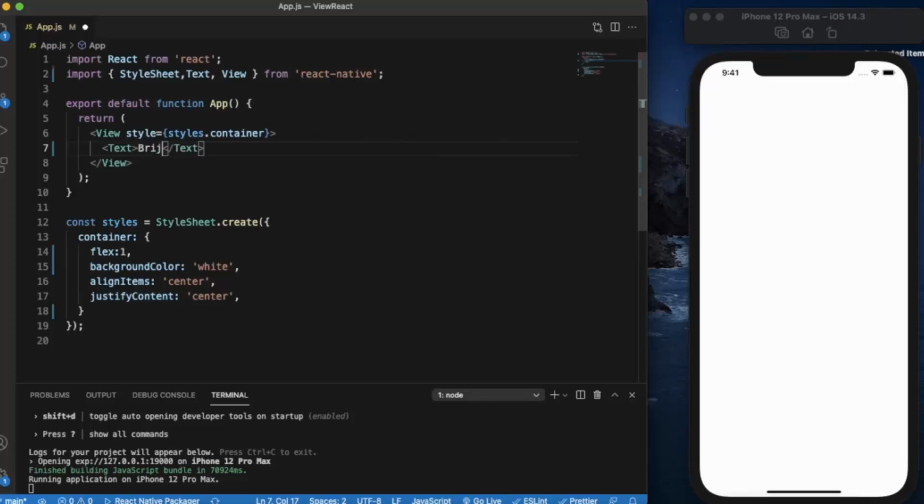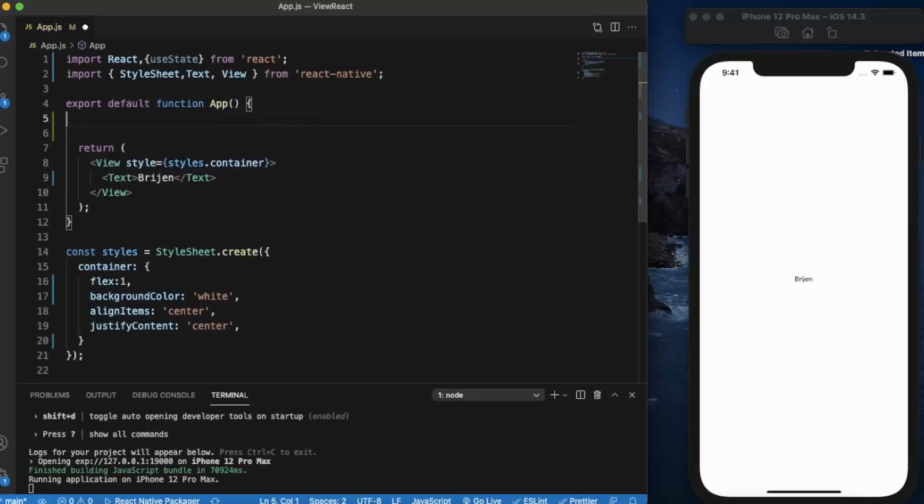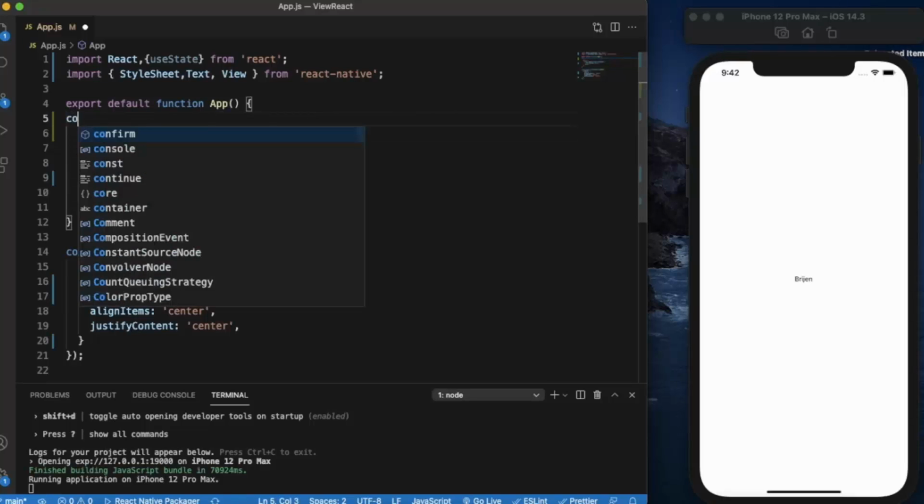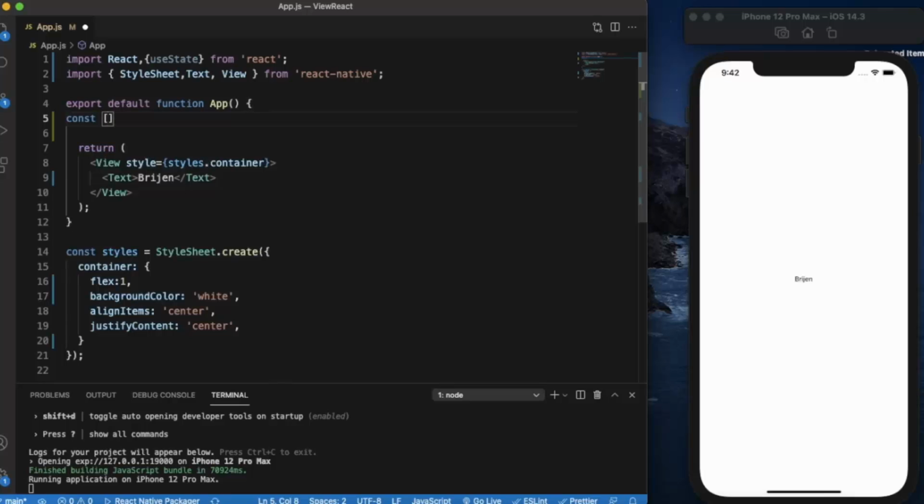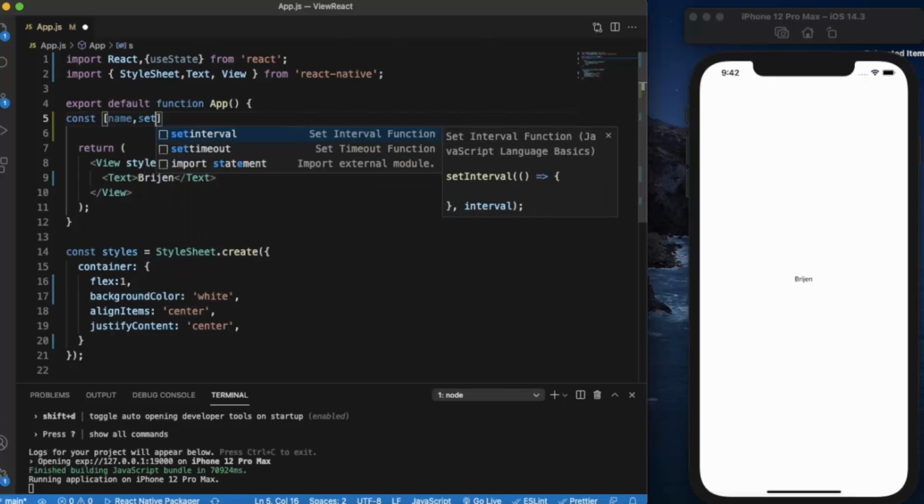Now if I write something here, you will see the name appears here, but it is a hard-coded value. Now we want to use a dynamic value. So for that we have to import useState. We can give it any name we want. Just write const. The first will be the name of the variable, let's say name, and the second argument will be the function which will be used to change the value of that variable. Let's say setName,